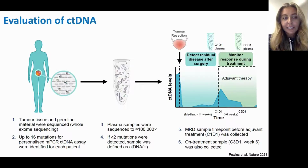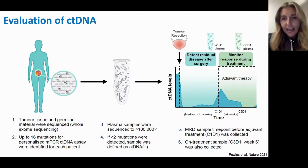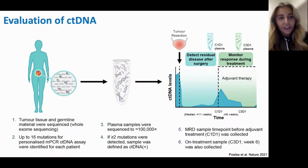A really exciting area of research in bladder cancer or urothelial cancer is that of ctDNA. ctDNA stands for circulating tumour DNA. Usually, when a patient has had their surgery, as you can see in this diagram, they're followed up with CT scans and imaging every 12 weeks. ctDNA is an exciting new concept which potentially picks up residual disease or tumour recurrence earlier than it would show